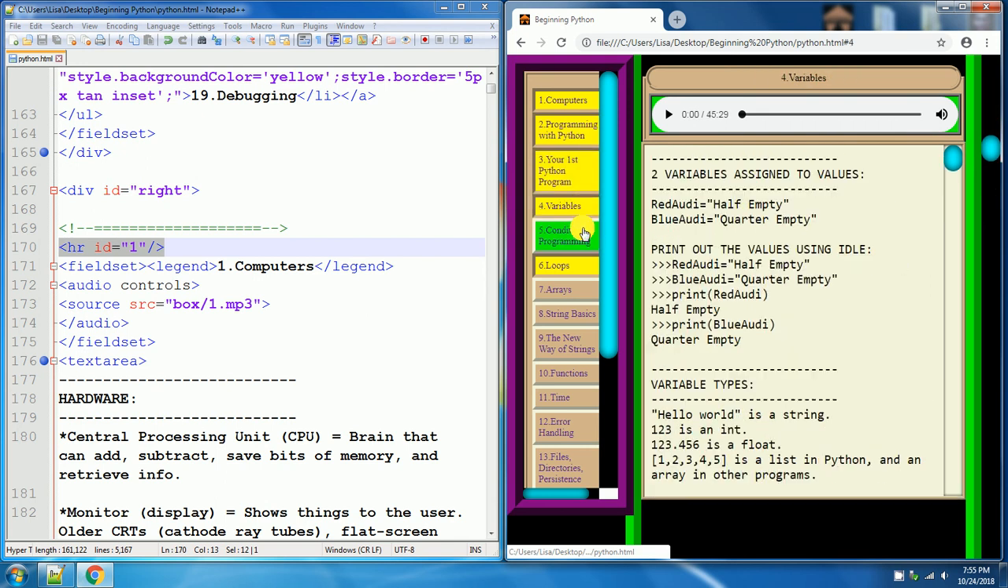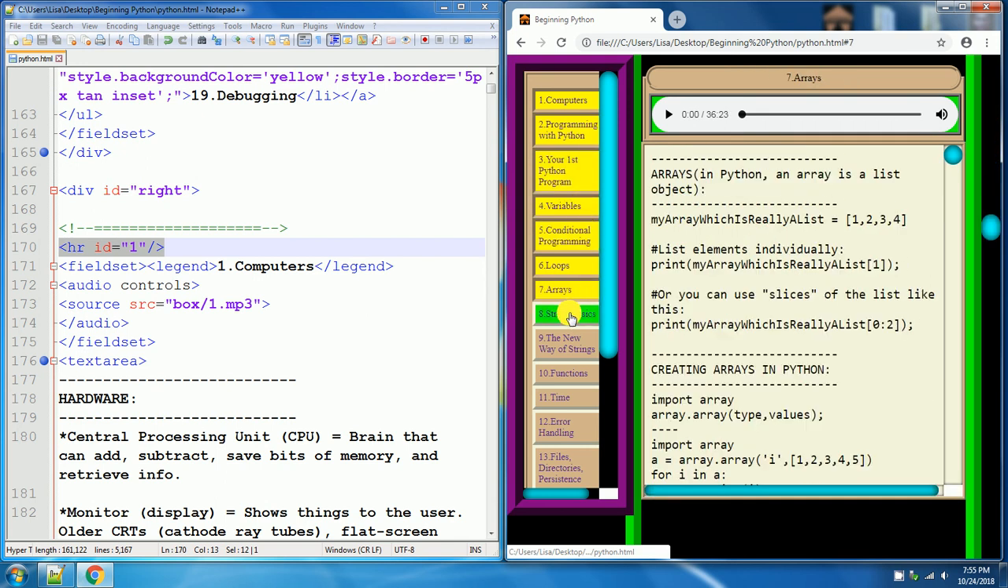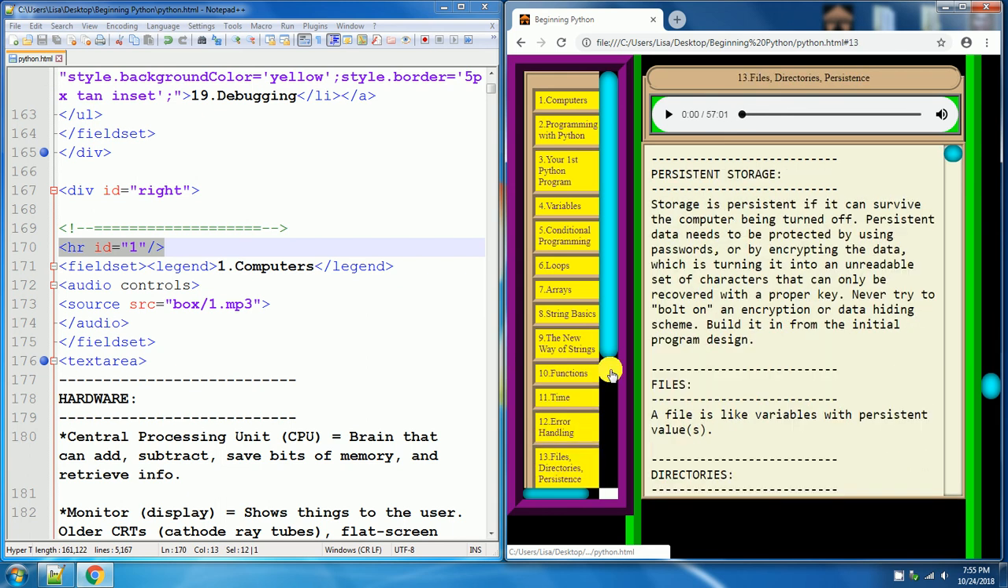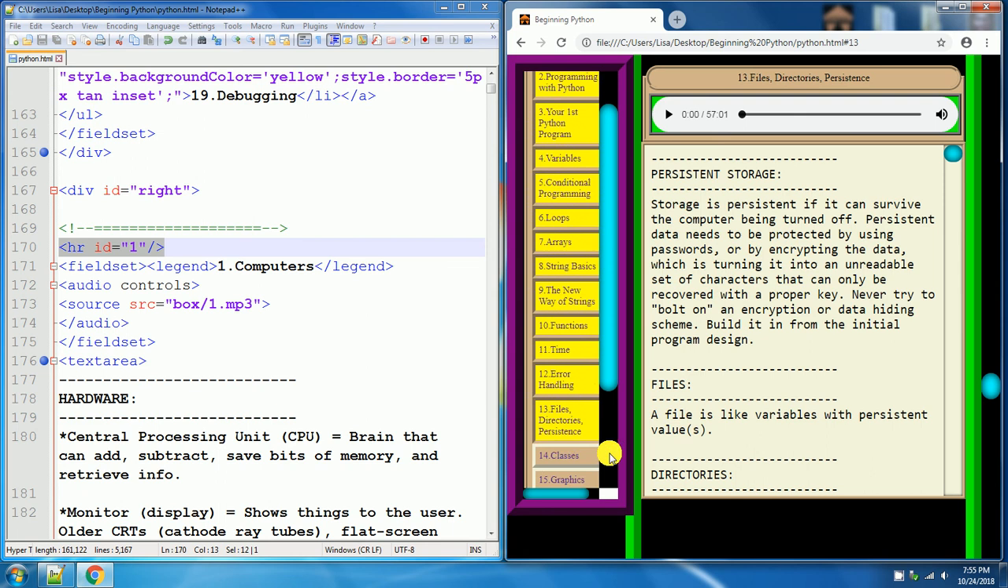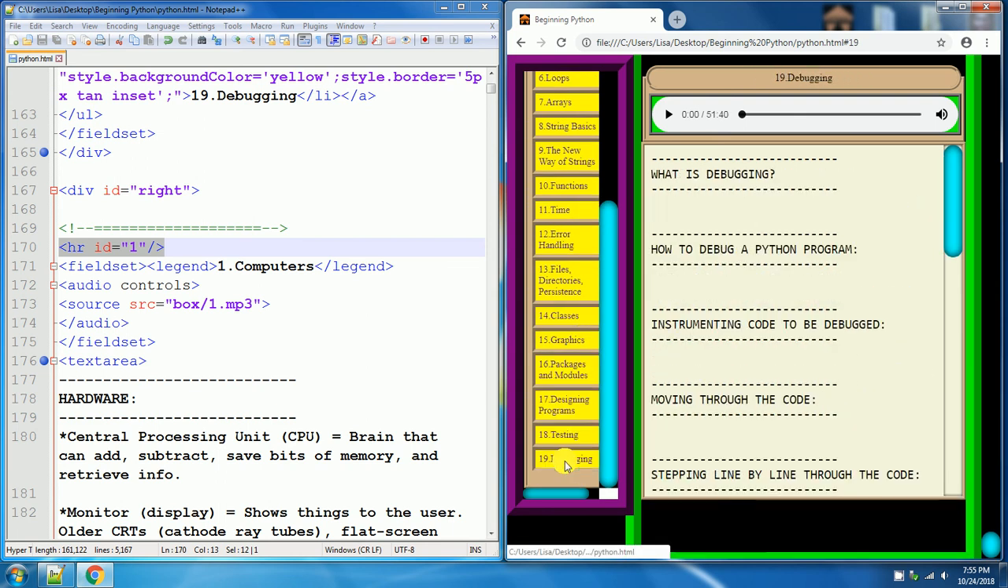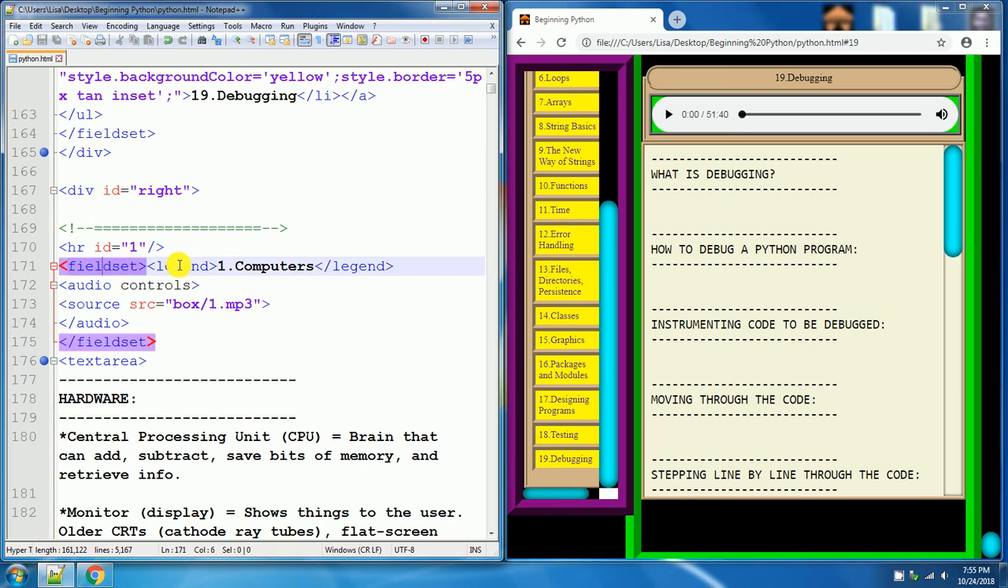All right, so after the horizontal rule with the ID of 1, you have a field set, a legend. The text inside of the legend is what you will see right in here. There's the audio controls opening tag and the closing tag, and what's inside of it is the source src equals, and then the path to the MP3 that you want to play. box/1.mp3 for the first one, for this one. So it's right here. Enter your audio tag into your field set, and then you have an opening text area